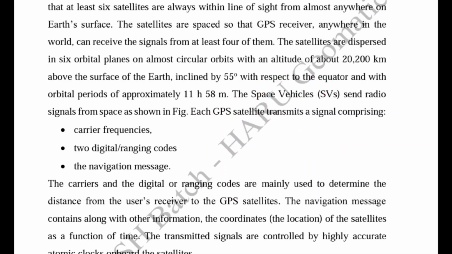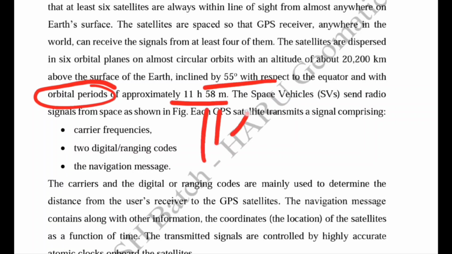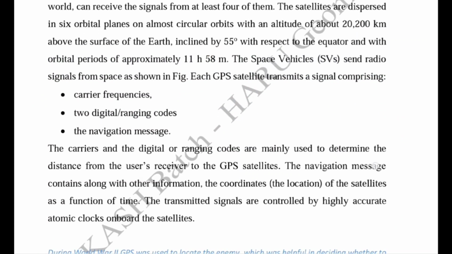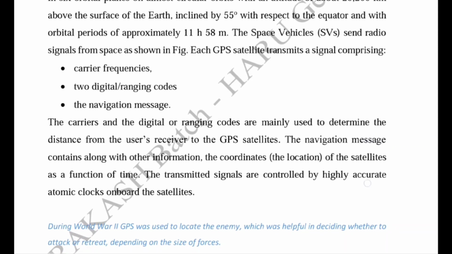Not only GPS but other GNSS examples such as GLONASS and Galileo, all these navigational satellites are orbited in the medium Earth orbit, meaning they have approximately 20,000 km altitude. Along with this, there is another piece of information about the orbital period of the satellites, which is 11 hours 58 minutes. So we can say that they cover one point on the Earth's surface twice in a day. This information is very important regarding GPS, and it can be asked in the exam.